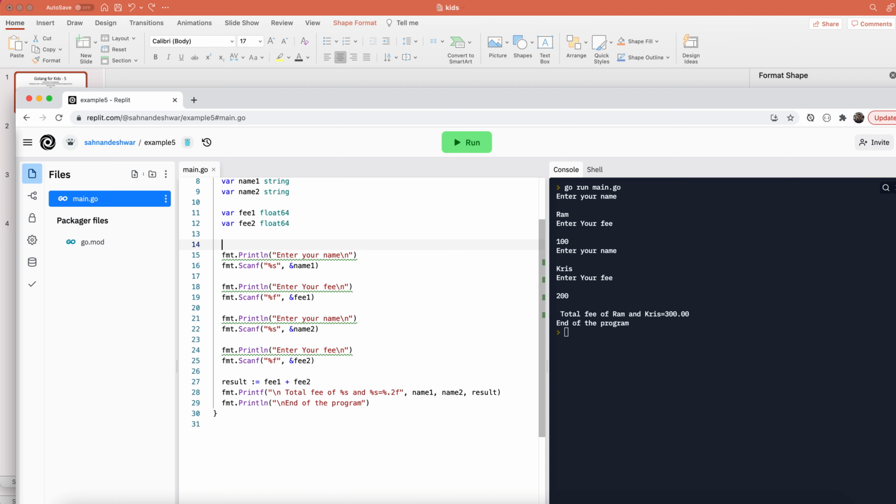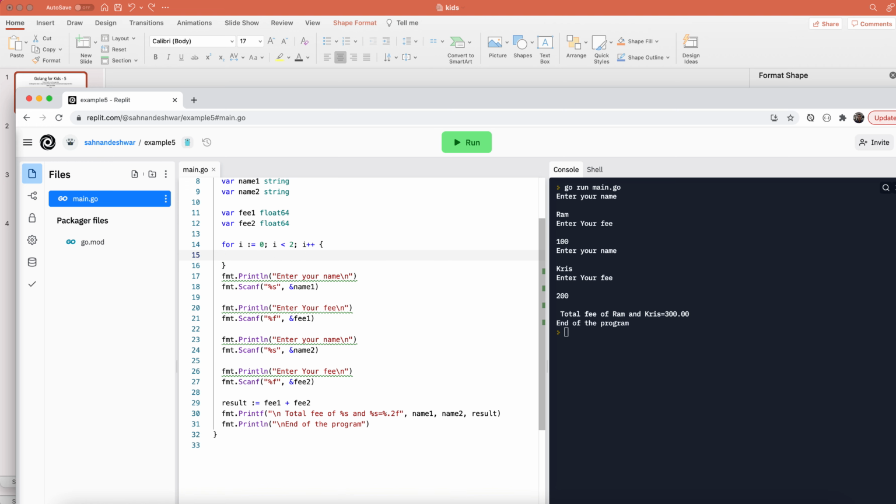Okay, so for now what you can do, for, and I want to run it 2 times. So for, in the beginning I can assign the value 0, and then I can say i less than 2, i plus plus, and then the bracket,